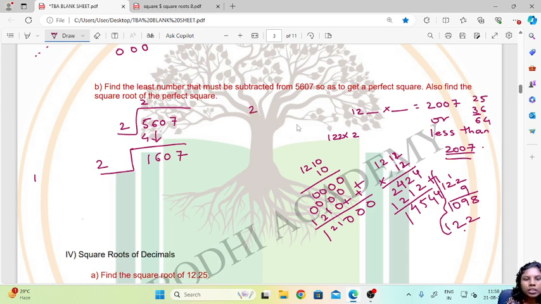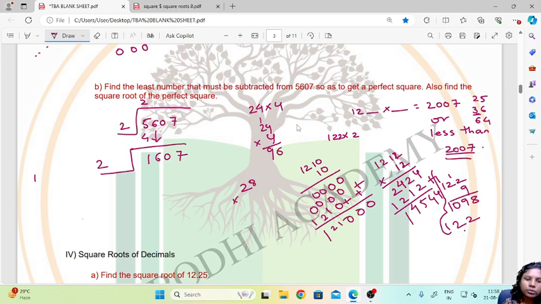So last number is 7 here, and 7 won't come as such in any table. So we'll take maybe 4 into 4. So 24 into 4, 4 4s are 16, 4 2s are 8, 9. 4 2s are 8 and 9, 96 we are getting. Then